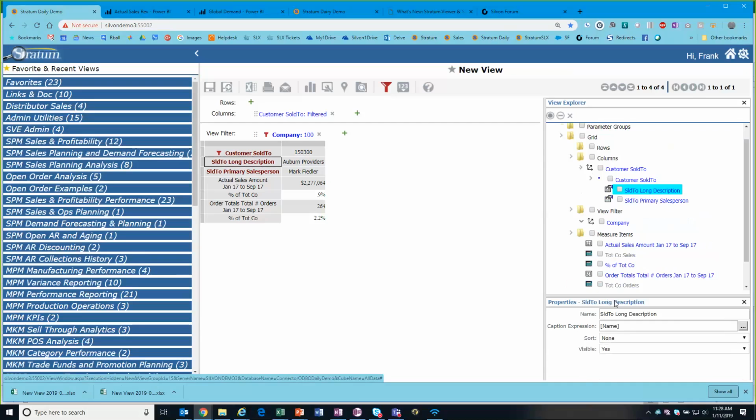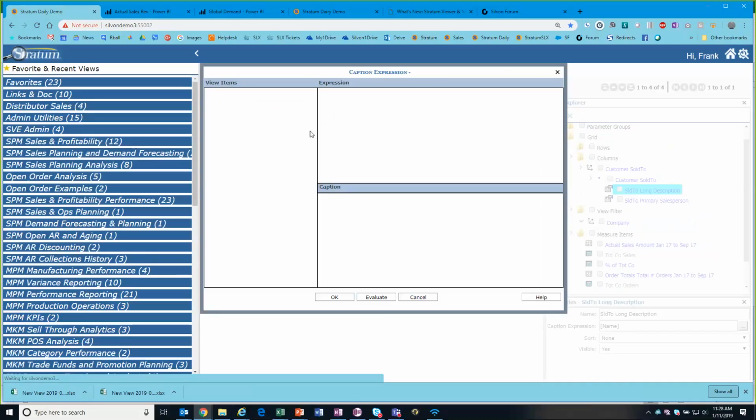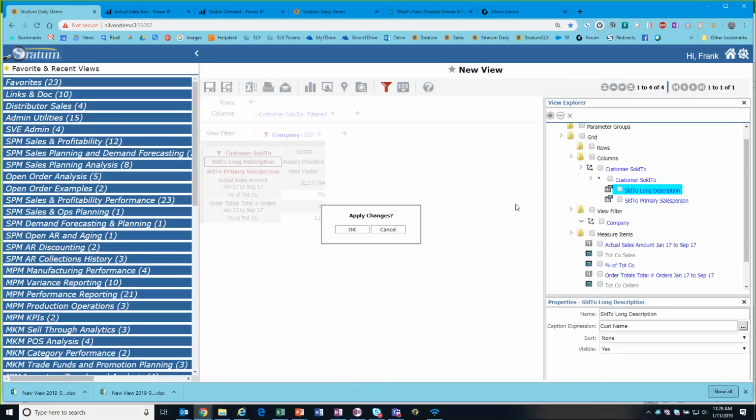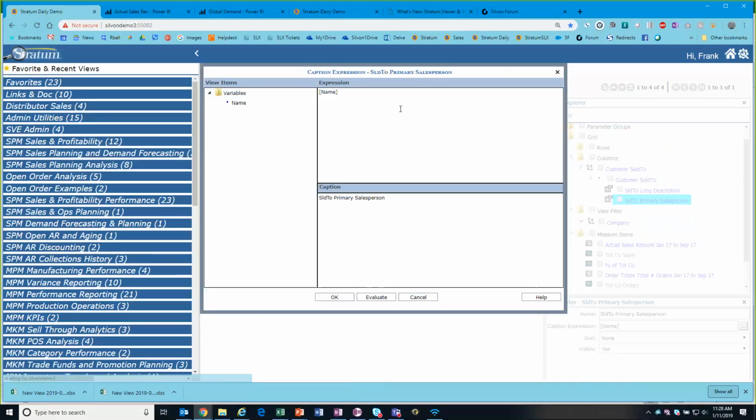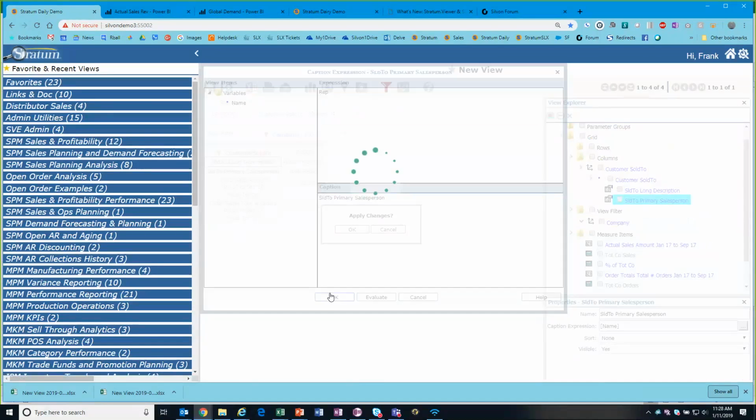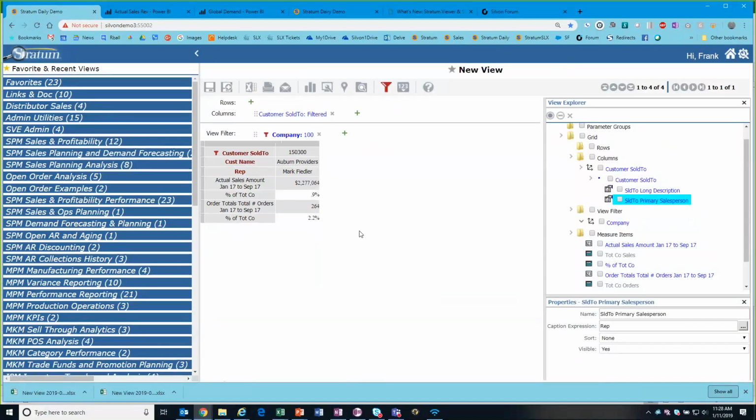and I would say for the sold to long description, I'm actually going to change this to customer. I'm going to call this the customer name. And I'm going to change the primary salesperson, just say rep or something like that. So I'll come in here and change that to rep. And now I've got that. So there you go. That's just a tour of using some other new features that we have in Stratum, which